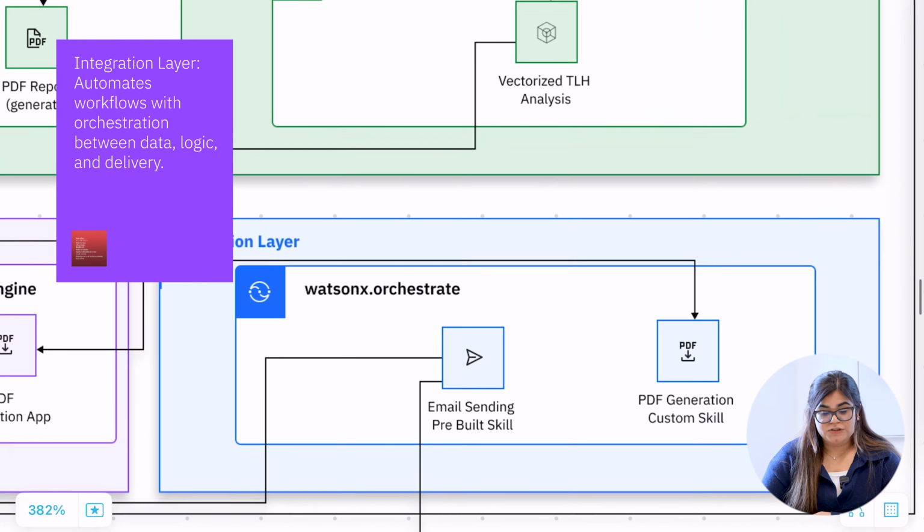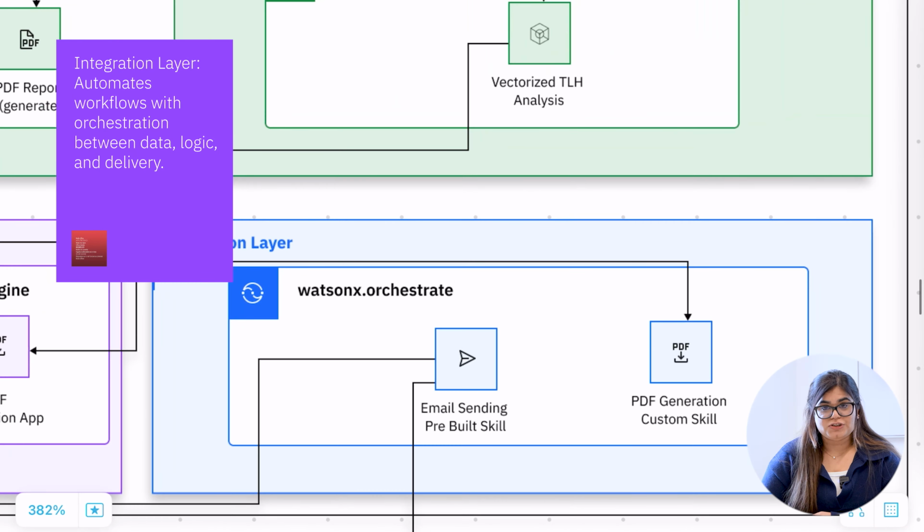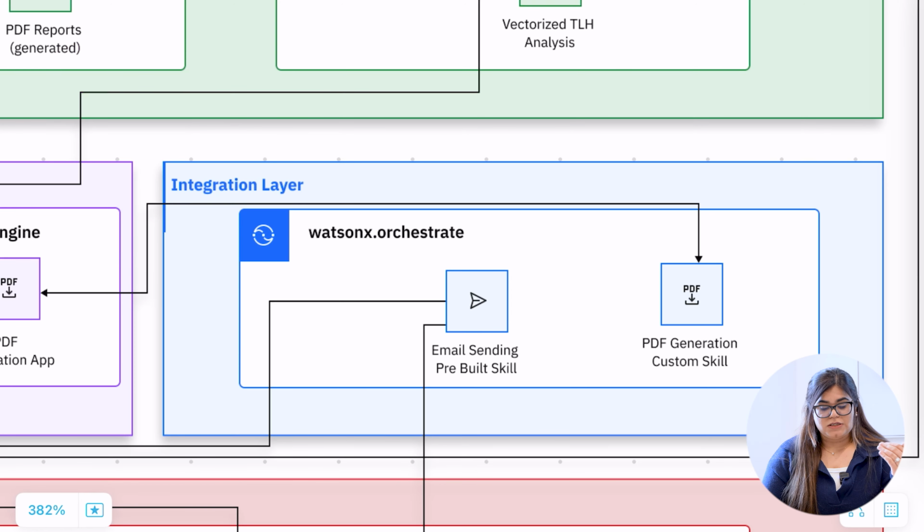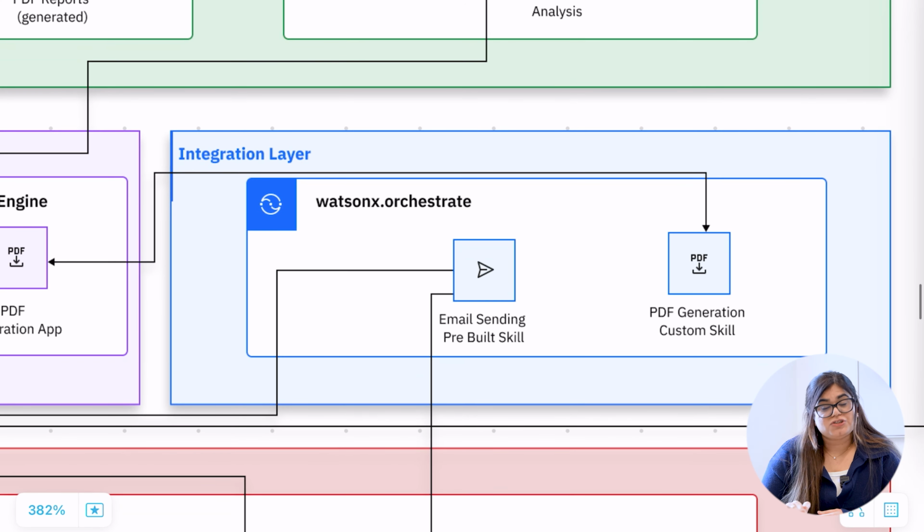Moving on to the integration layer, which, as I said before, is the automation of our whole architecture. This integration layer is powered by watsonx Orchestrate, an orchestration engine that supports a lot of custom skills as well as pre-built skills. For example, when the advisor sends in a query to generate a tax loss harvesting report, we use our PDF generation custom skill, which is connected to our Code Engine PDF generation application, which triggers the application within Code Engine and generates the PDF that can be shared with the